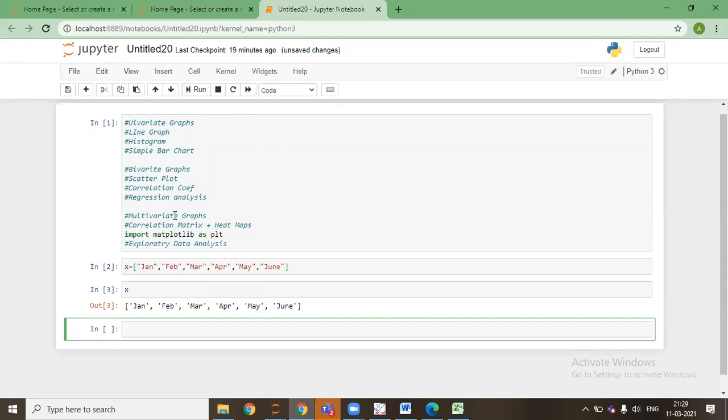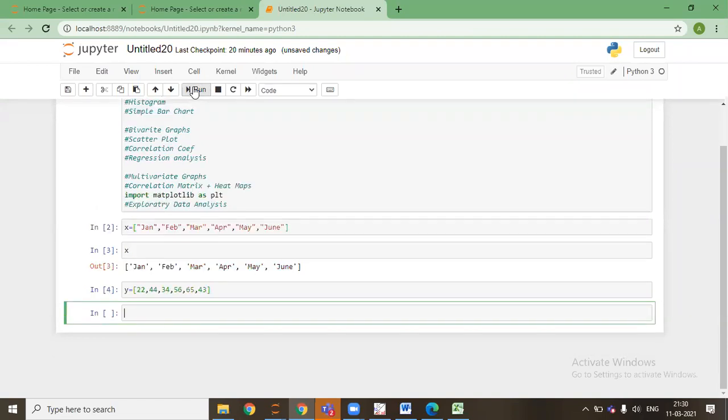Another variable y that I make is, this is a y variable which I made.